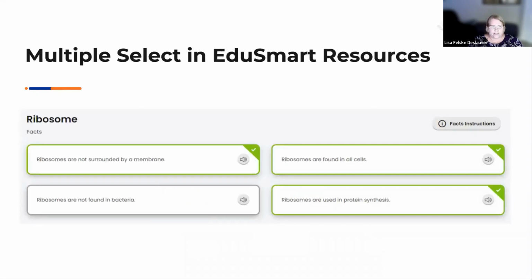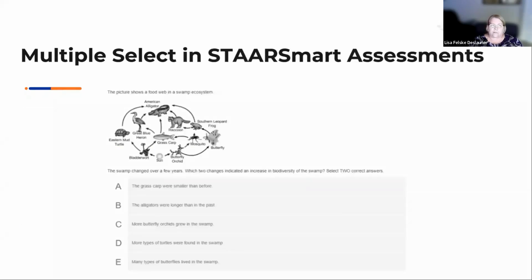Multiple select in our resources. This is an example, again, from our Word Explorer, where there's more than one correct answer. And here's an example of a multiple select in our STAAR Smart assessment. It says here, select 2 correct answers. So they have to select 2 answers before they can proceed, and they cannot pick more than 2, is the way this is built. If it says select 2, they have to pick 2. It'll remind them if they only chose 1. And if they try to click on a third one, it will not take the answer,